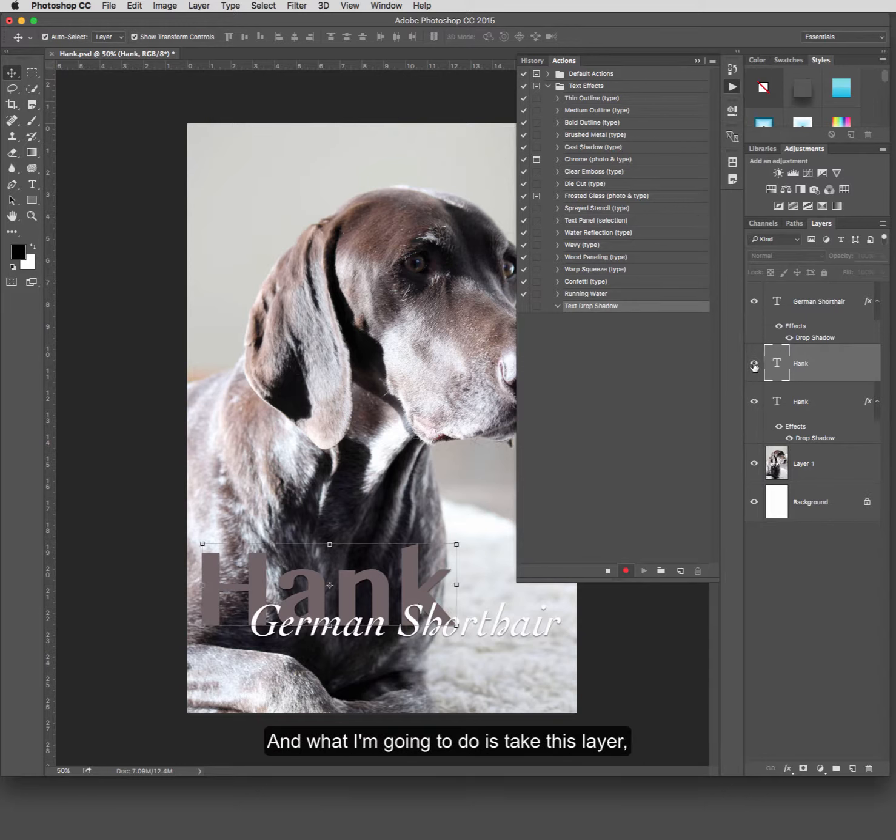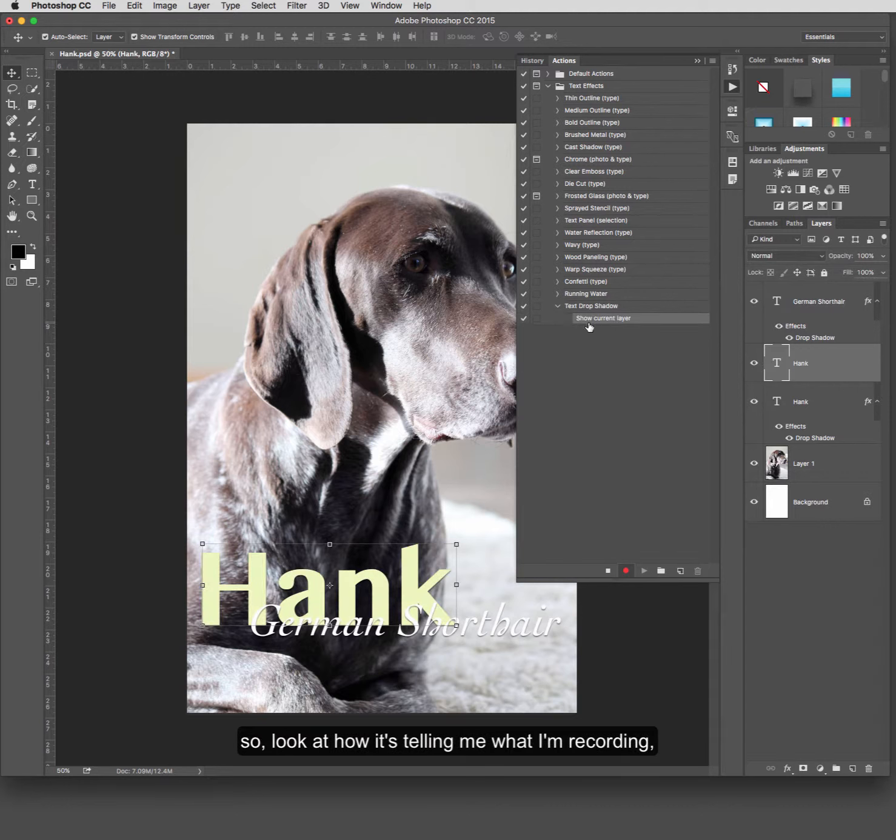And what I'm going to do is take this layer. So look at how it's telling me what I'm recording. Show current layer is being recorded. So I'm seeing those individual actions in the set here appearing in my actions panel. So on this current layer, which I made a new layer, I'll turn these off for a moment so you can see. Hide layer. Now, this doesn't always apply. I could probably delete that piece in my action later on when I choose to go in and do some editing. Now, if I go down to FX here,